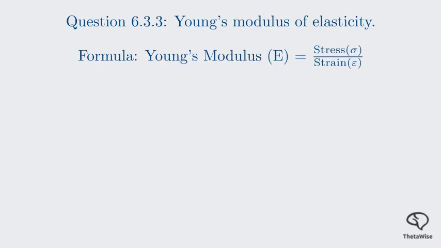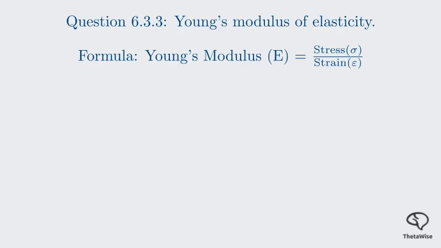Young's modulus. This is part 6.3.3. We need to calculate Young's modulus of elasticity. Young's modulus E is defined as the ratio of stress to strain. This is a fundamental relationship in material science. We have just calculated both the stress and the strain. We can plug these values directly into the formula. E equals